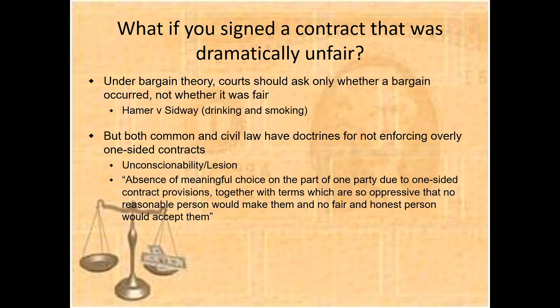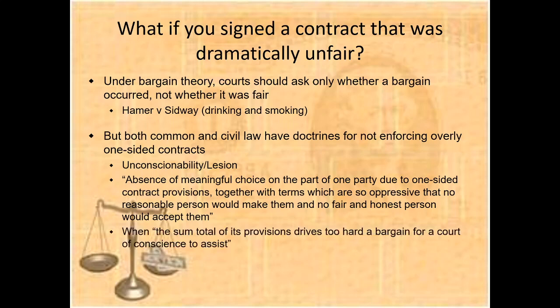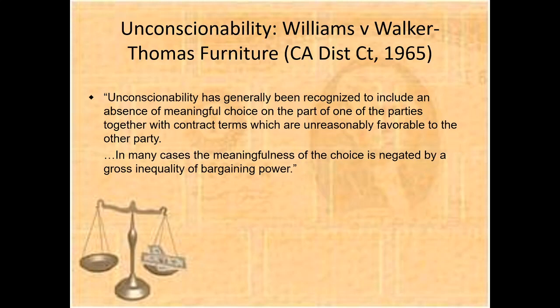So unconscionability, or lesion, is the absence of meaningful choice on the part of one party due to one-sided contract provisions, together with terms which are so oppressive that no reasonable person could make them and no fair and honest person would accept them. Then, when the sum total of its provisions drives too hard a bargain for a court of conscience to assist. Terms which would shock the conscience of the court are also very important. For the unconscionability example, let us talk about the Williams versus Walker-Thomas Furniture case. This is a D.C. District Court case,